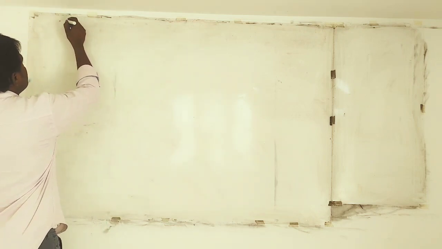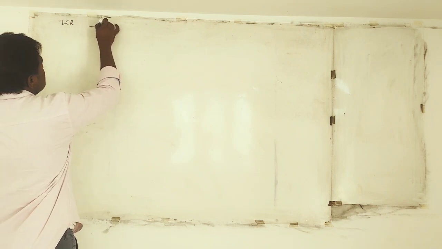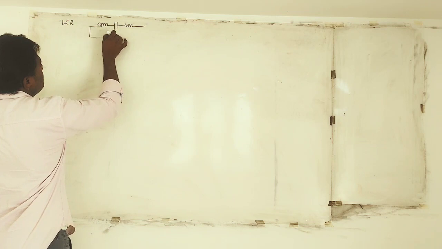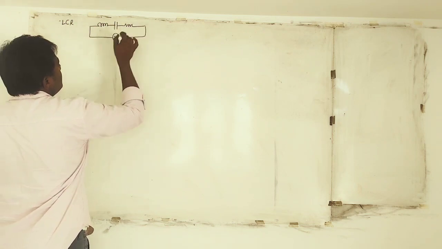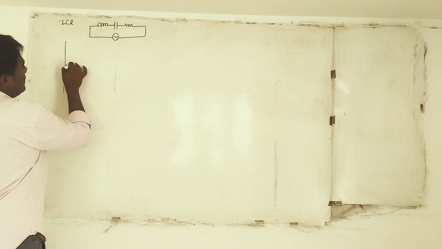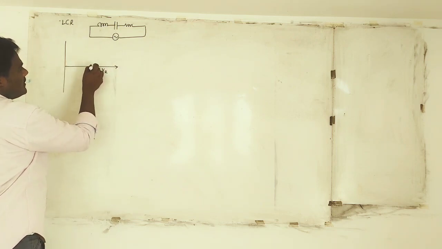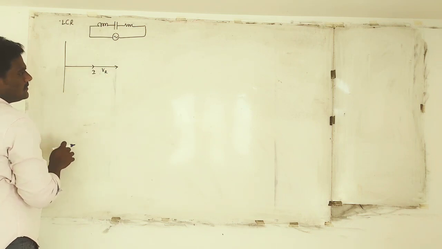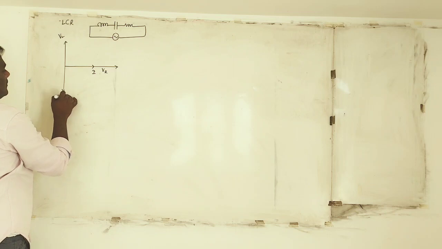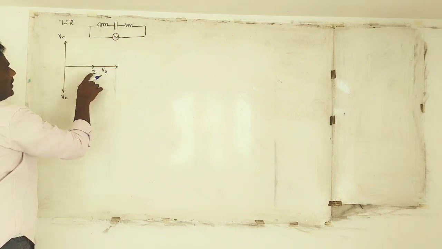So if you take all three elements in series, that is called an LCR series circuit. So inductor, capacitor, resistor, if all are taken in series, then what are the conditions you come across? Let us start first of all with the phasor diagram. The voltage across the resistor is along the x-axis, then the current also will be along the x-axis since both are in phase, and this will be the voltage across the inductor, this is the voltage across the capacitor, since voltage leads current in the inductor and current leads